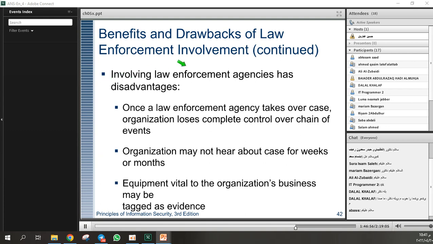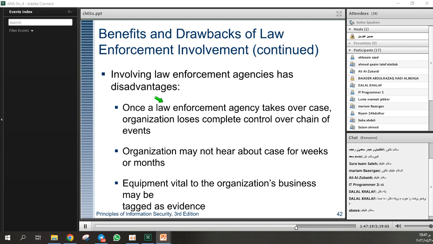Okay, these are advantages. A law enforced by, for example, national law or state law, if I follow the law, they can help me in some cases. But